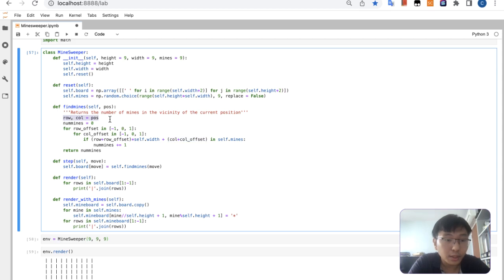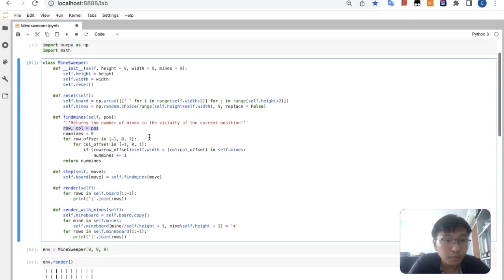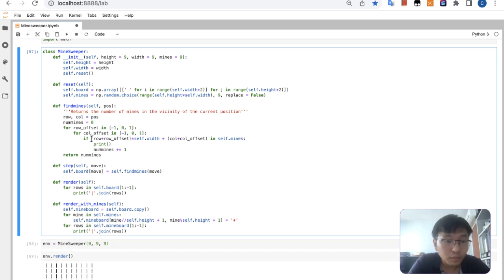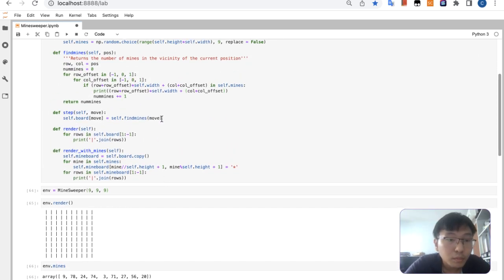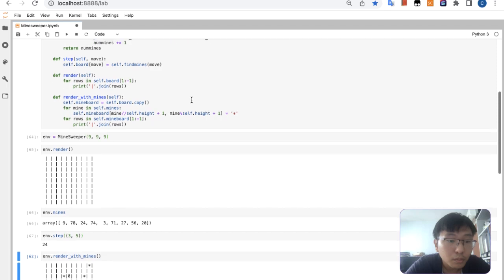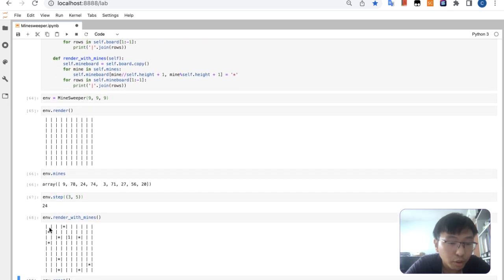Okay, so it depends on what this row and column position is. So it's 3, and it depends on this mine position as well. Let's just print this to make sure it's working correctly. Okay, it printed 24, which means